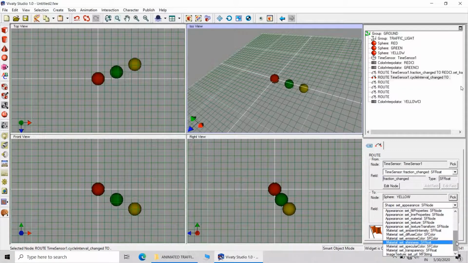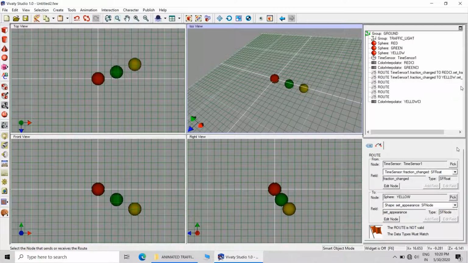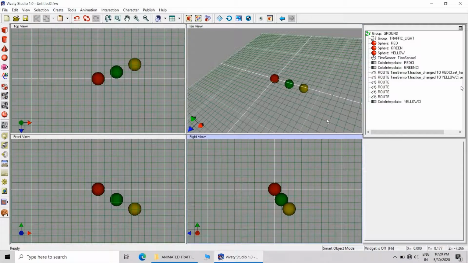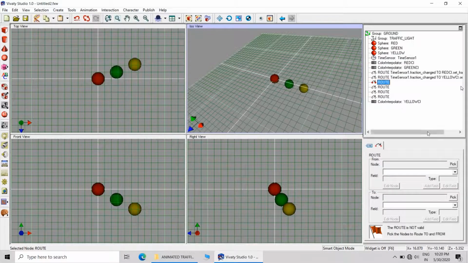It should be from time sensor to yellow color interpolator. So my pick was wrong. Now it is correct. Okay, and automatically you can see that it has selected the required field. So we have established the routes.